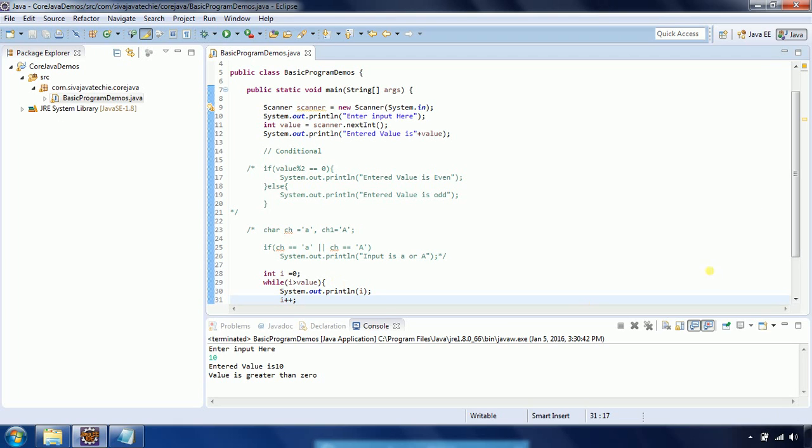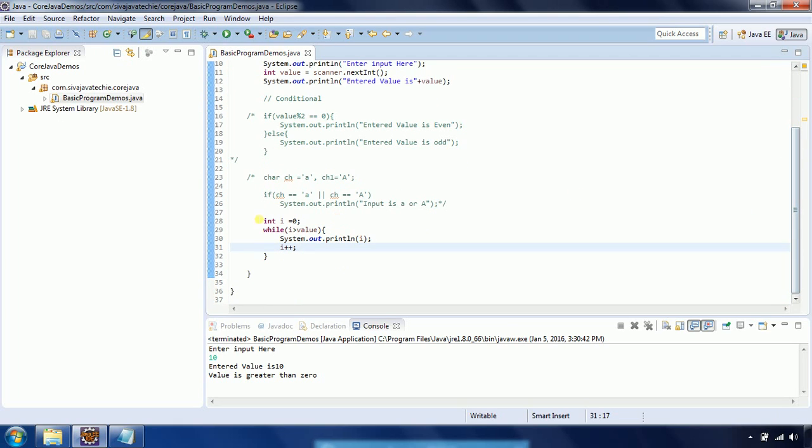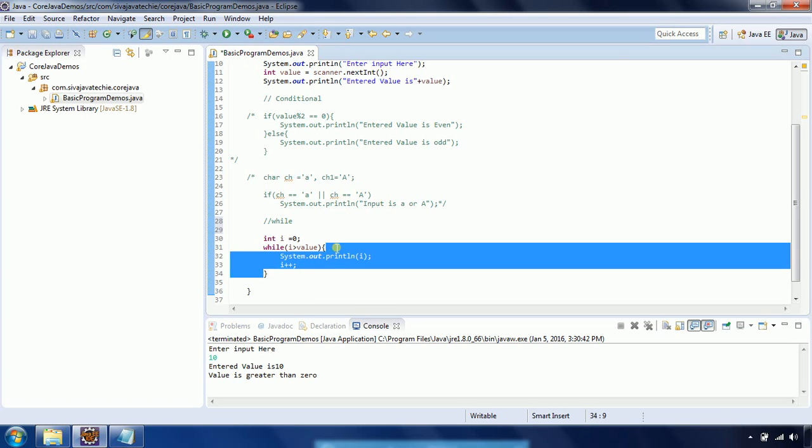This is one of the looping statements, that is the while statement. What the while statement does is, whatever expression we specify here, if that is true, then the body of the while loop is going to execute. Otherwise it simply comes out of the